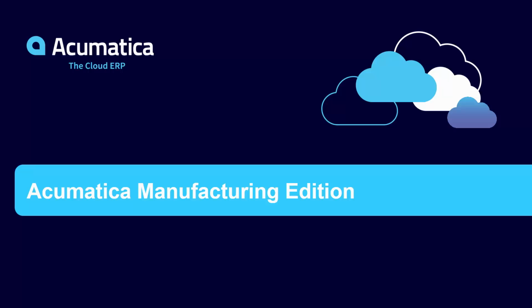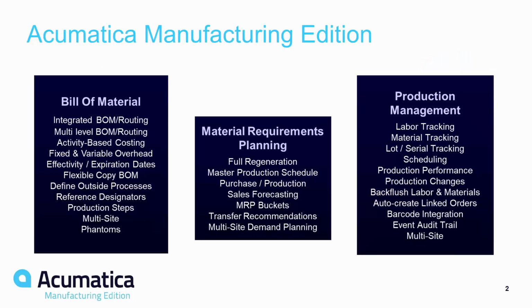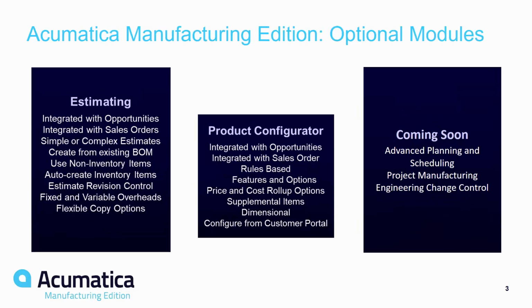Acumatica's Manufacturing Edition is comprised of three key modules: Bill of Materials, MRP, and Production Management. These three modules consist of the features you are seeing here, and we will see some of these features in action during today's demonstration. Acumatica also offers optional modules for our Manufacturing Edition, including estimating for brand new manufactured items, a product configurator for items with custom options, and more coming in 2018, including advanced planning and scheduling, project manufacturing,